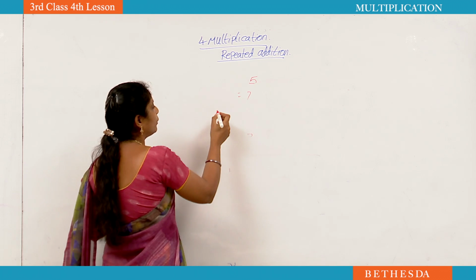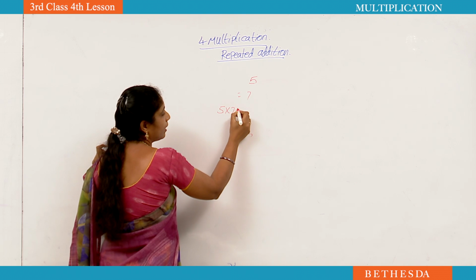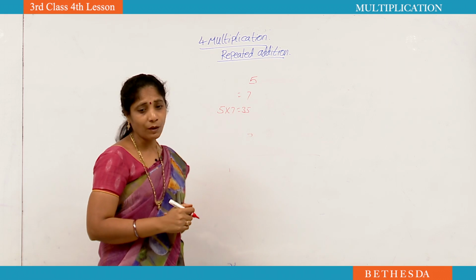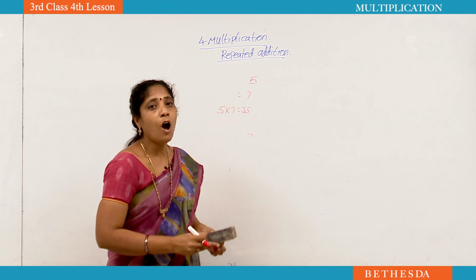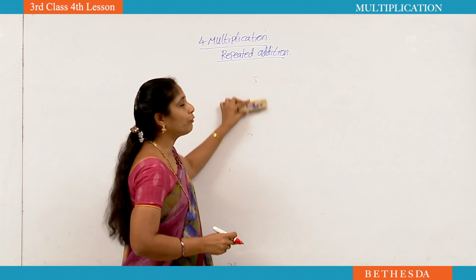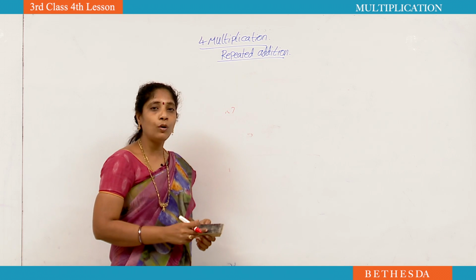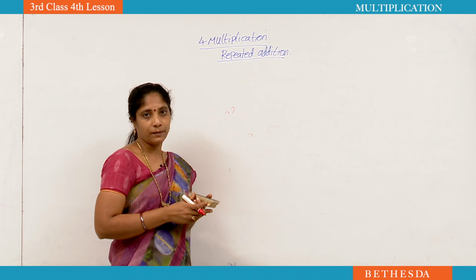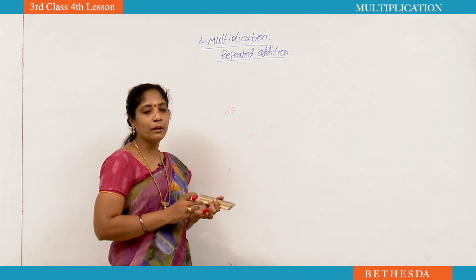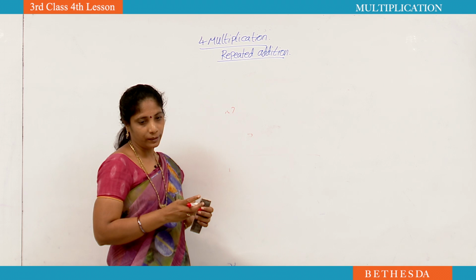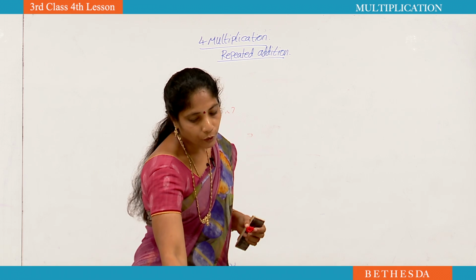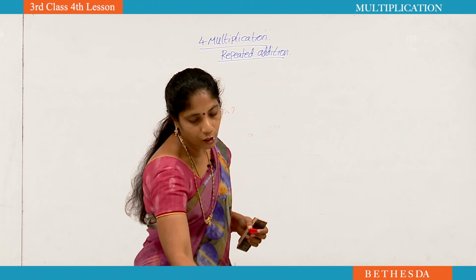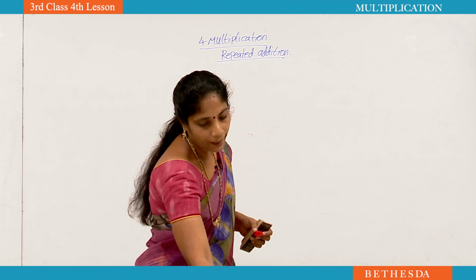For that what do we have to do? 5 7s are 35. Otherwise 7 5s are 35. Why? Because we know how many plants she can plant in one day. We have to find how many plants she can plant in 7 days. Okay, now here we have to do multiplication. You have multiplication word problems in your companion 4G also. Complete that.